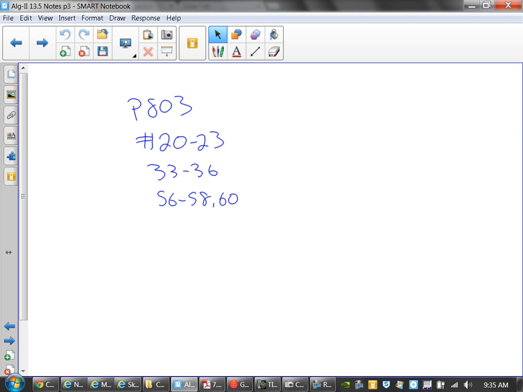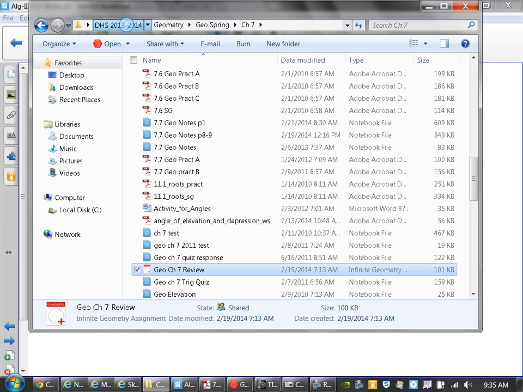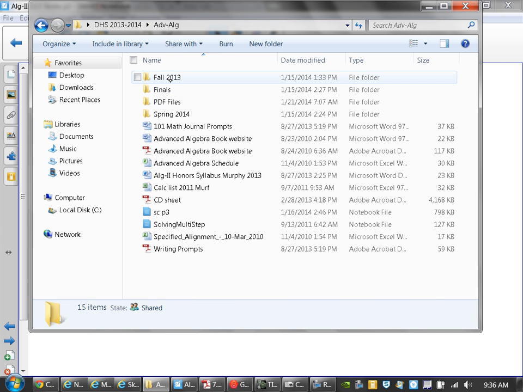So with the ambiguous case of law of sines is the possibility of running into two triangles. Now, when we're looking at two triangles, let's see, with the